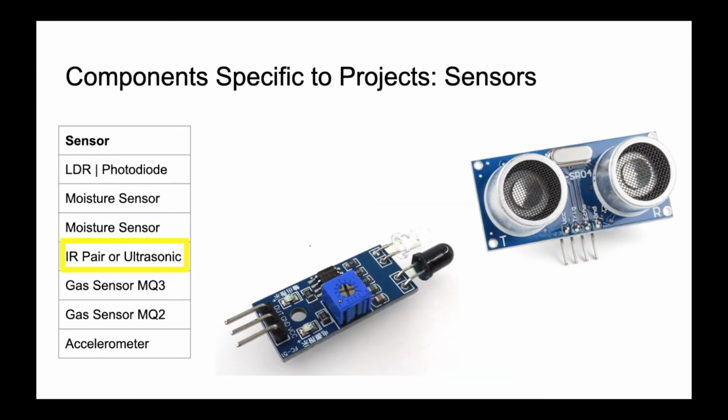Now the third type of sensor that I have listed here is the IR pair or ultrasonic device. They are used for measuring distance. Can you guess where we can use this? Yes, in our car as a parking sensor, we use such devices, an IR pair or an ultrasonic pair. In our car, an ultrasonic pair is usually used. They find application in a variety of projects, including the parking sensor. Concluding, these types of sensors are used for sensing distance.